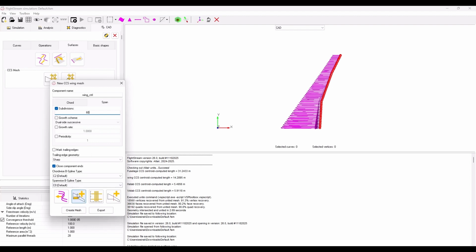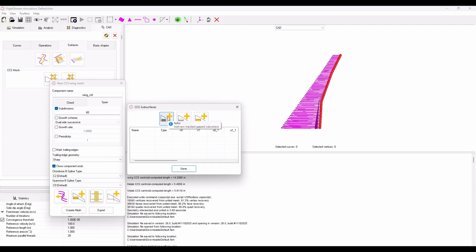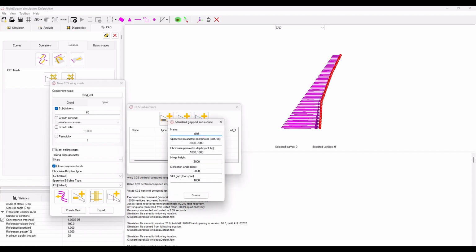By selecting the Flaps and Control Surfaces button, the user has the option to create a gapped flap subsurface, a Fowler flap subsurface, or a morph flap subsurface. In this case, we will create a gapped flap subsurface.